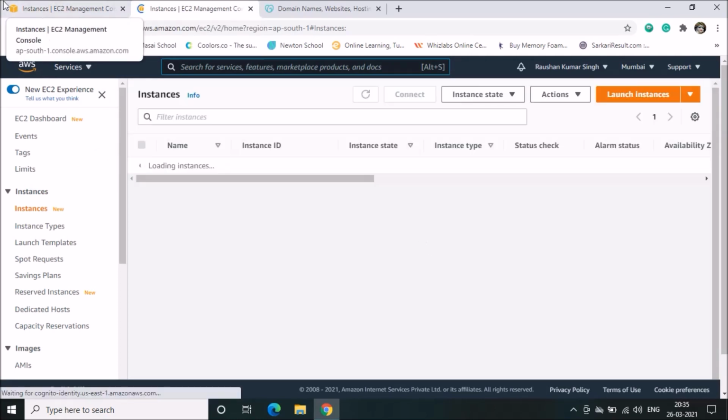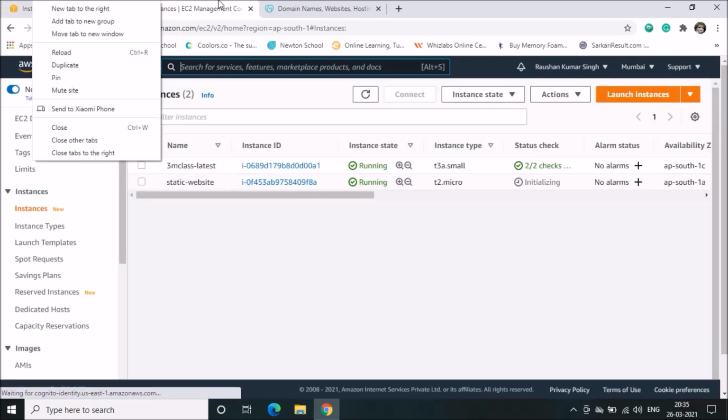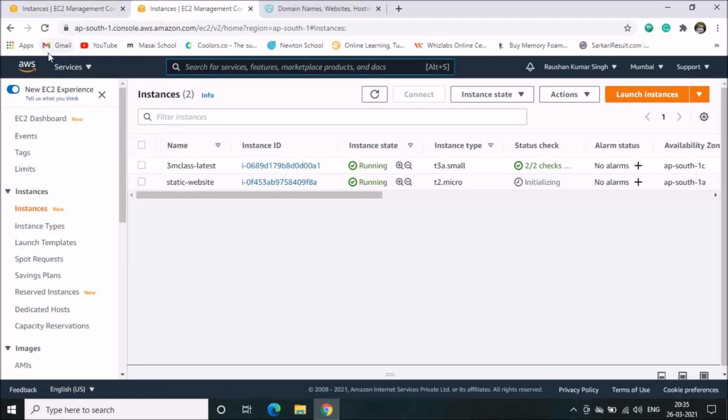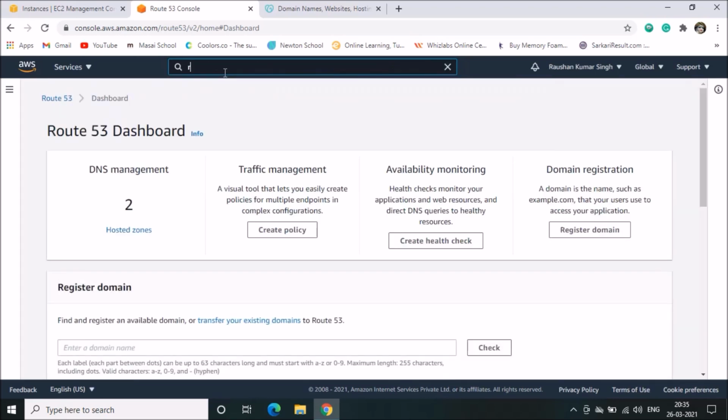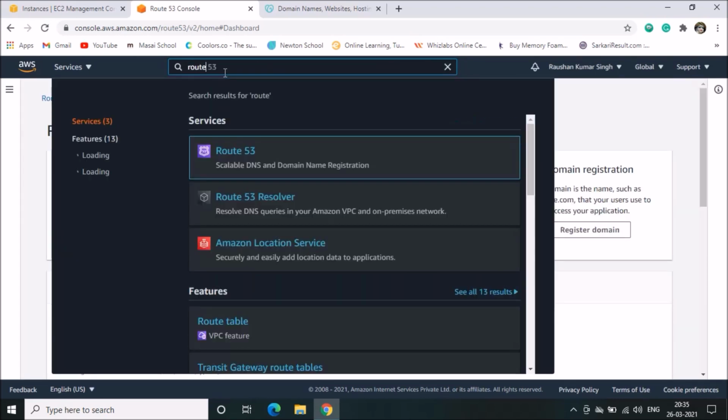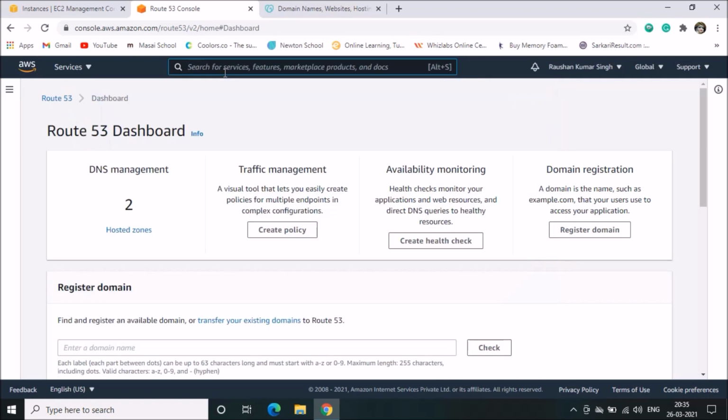We will open a duplicate tab, then go to Route 53. You can search for Route 53 from the search bar also. Then hosted zones.